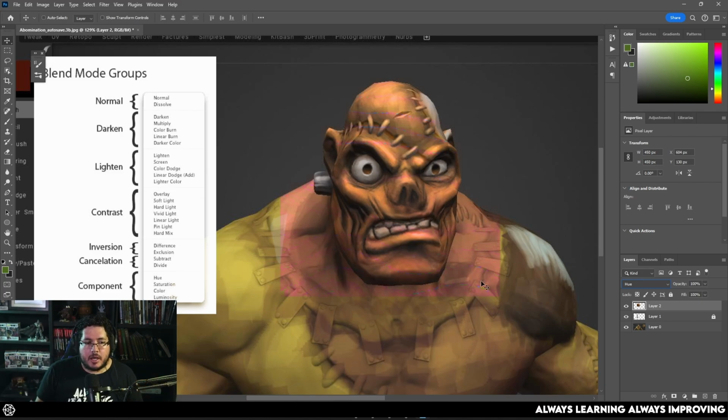So just to do a quick recap, darken will bring the colors and the brightness down. Lighten will do the opposite. It will bring them higher. Contrast, which is our overlay and things, will try to keep the brightness at the same level. Some of them will push it up, some of them will push it down, but at least overlay will keep the brightness at the same level and it will blend the colors. And then we got the utility layers that we have over here. So that's it. Find the layer that you need the most for any of the software that you're using and use all of these blending modes to get a nicer, more cohesive result in your textures.